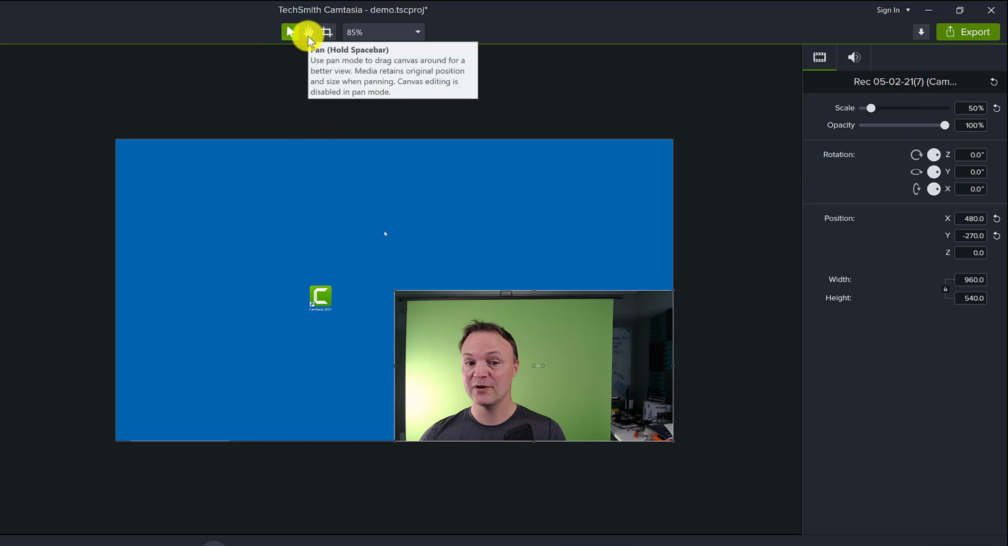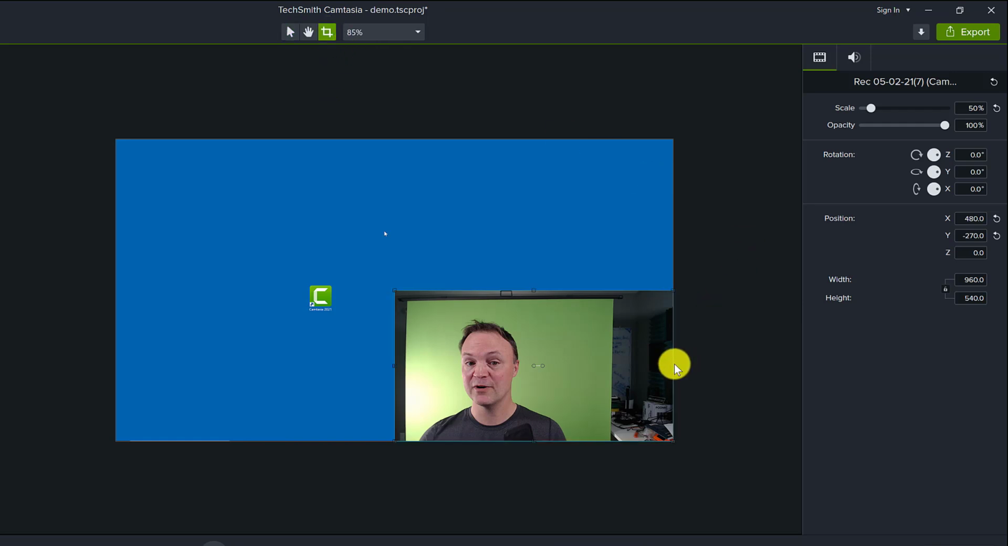This is your pan tool. The other tool I use lots is the crop one, because you can see with the green screen, I don't want this edge right in here. I just want it green behind me. So if I go to the crop like this, I can pull this in and make it just to the